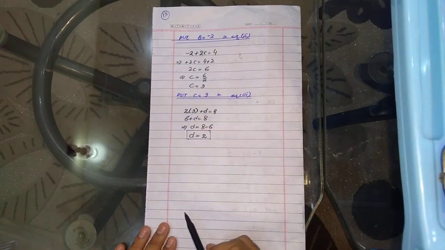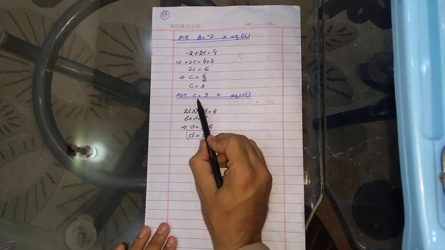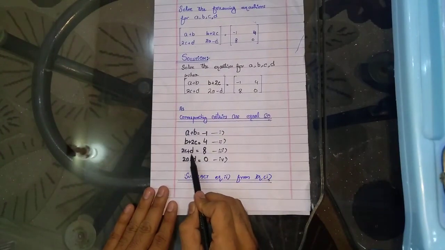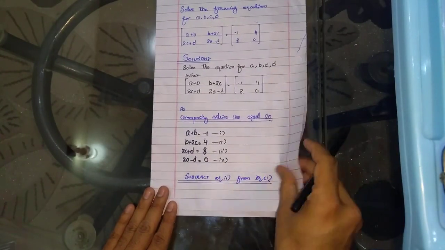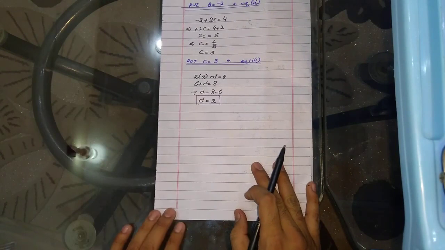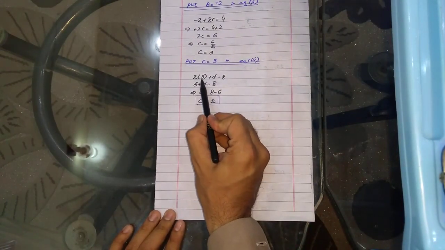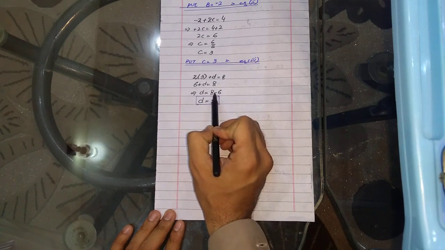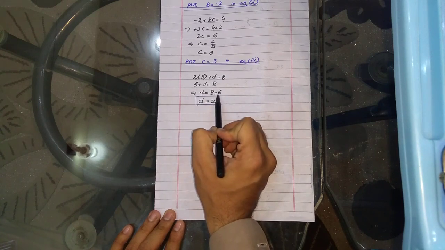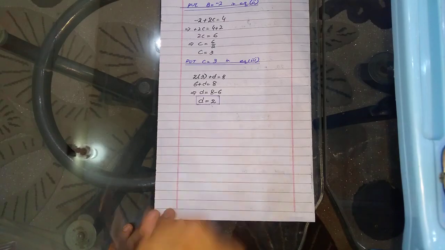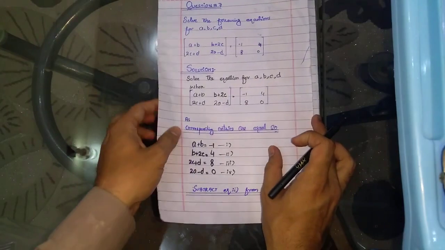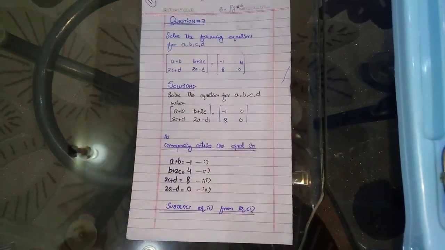Now over to the last one, that is d. Now put this c in equation 3. What is equation 3? Look here, student. This is equation 3. Here we have c but not d. Put c is equal to 3 in equation 3. 2c means 3, 2 3s are 6. Now by implies, this 6 will shift here. 8 minus 6 will give you 2. And this way we get all the values of a, b, c and d.